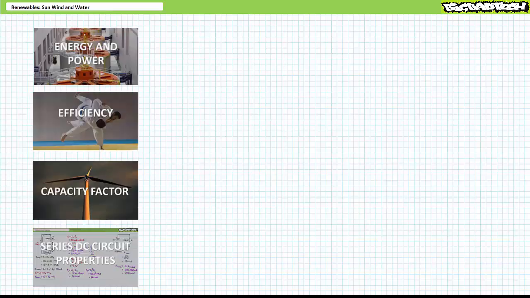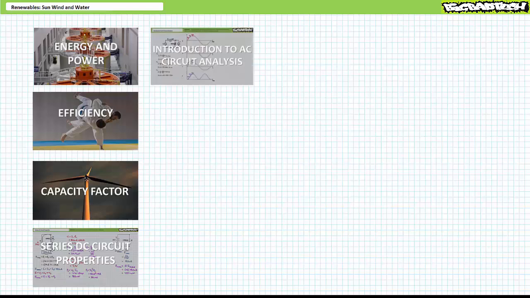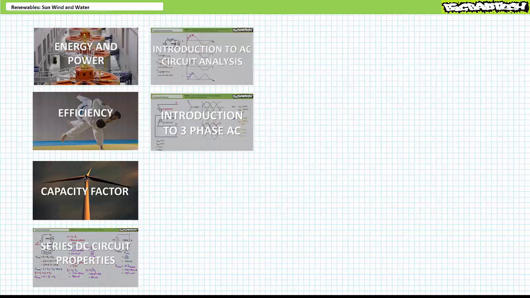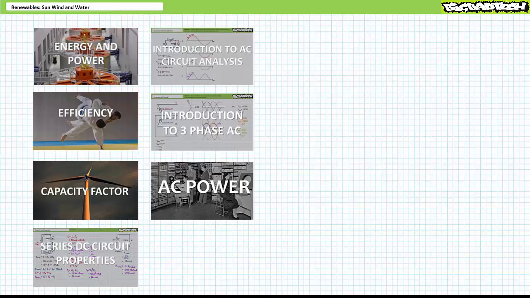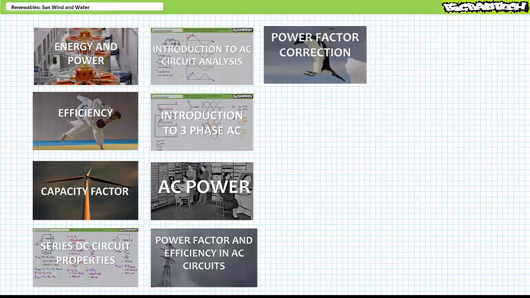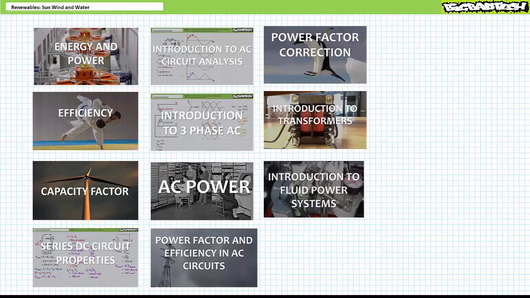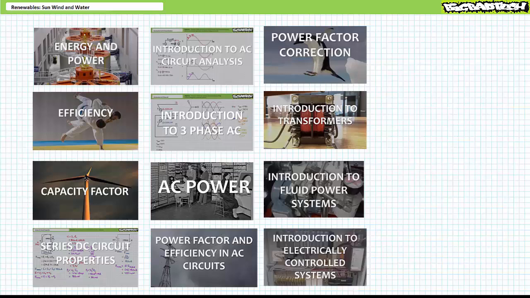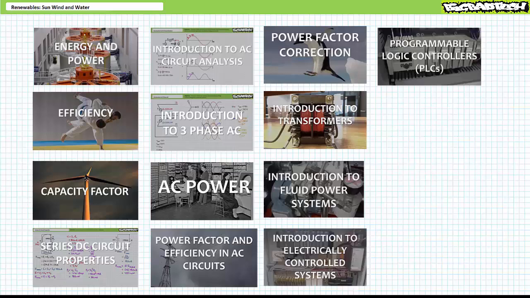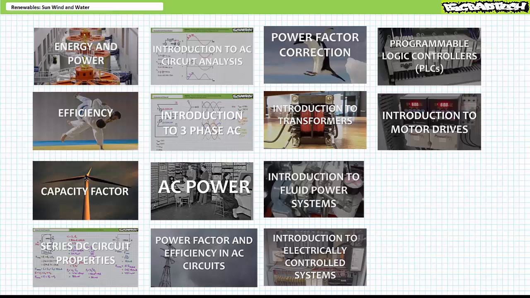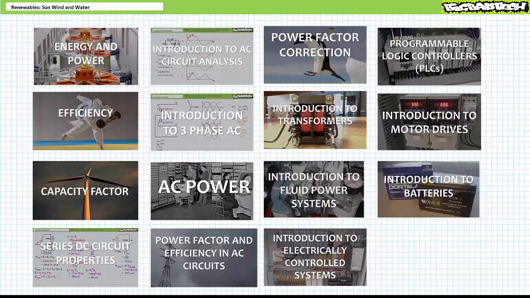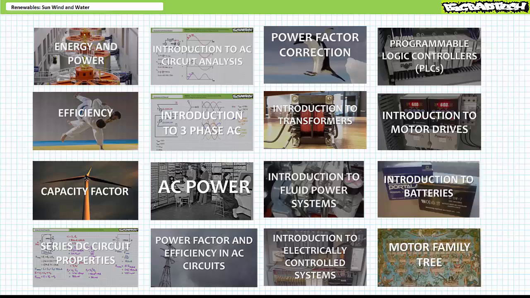energy, power, efficiency, capacity factor, DC circuit analysis, single-phase AC circuit analysis, three-phase AC circuit analysis, the three dimensions of AC power, apparent, real, and reactive, power factor correction, transformers, mechanics, hydraulics, switches, sensors, hardwire, relay-based ladder logic and motor control, programmable logic controllers or PLCs, digital logic, industrial control, power electronics applications like rectifiers and inverters, batteries, power transmission, and motors and generators. If there is the slightest hesitancy on your part about any of these subjects, by all